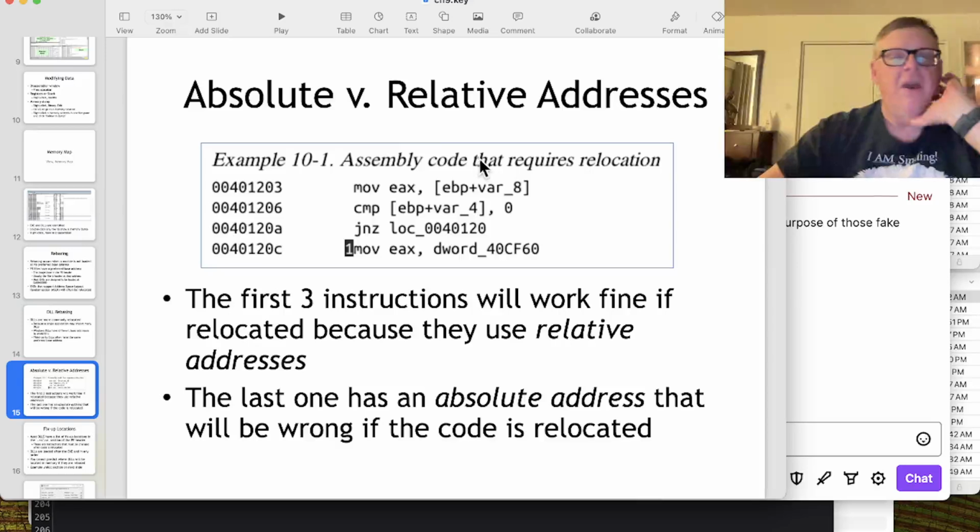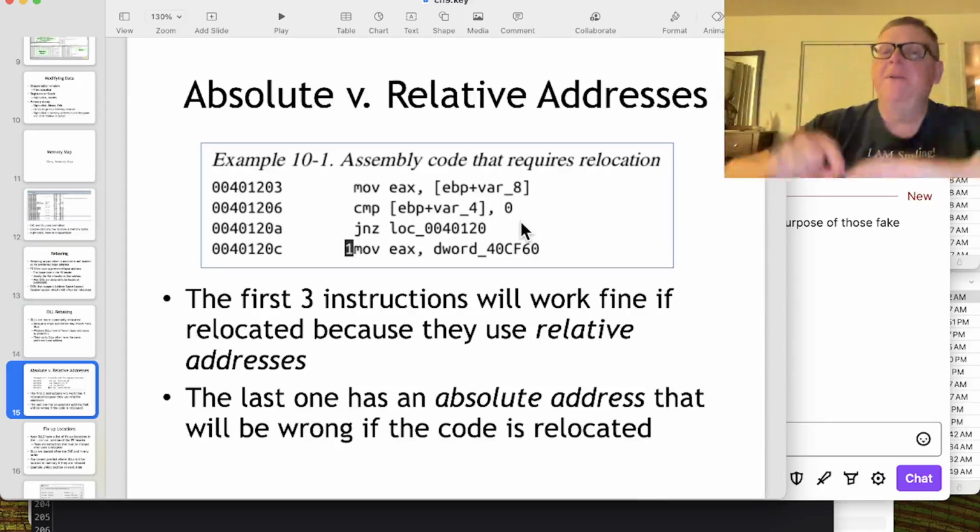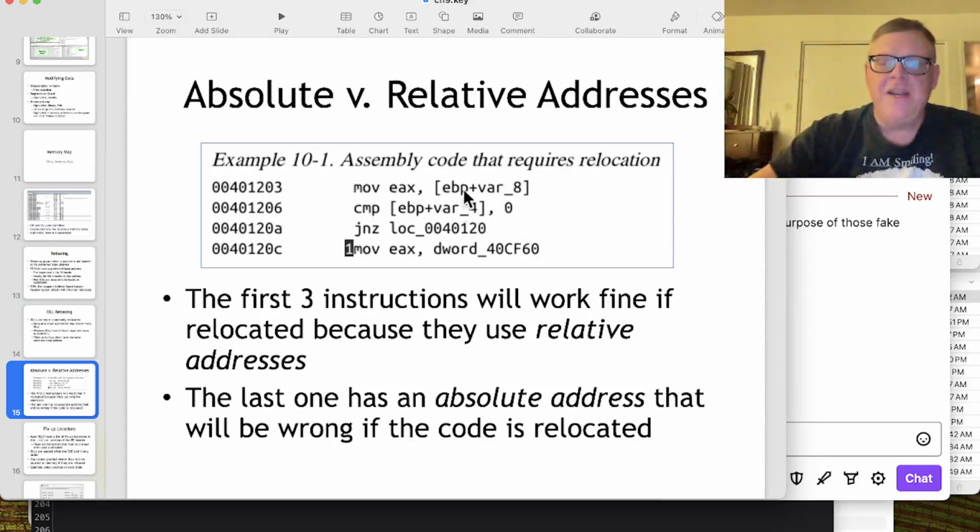All right, so here you've got absolute versus relative addresses. The first three instructions will work fine, even if it's relocated, because you have calculated addresses, EBP plus var8, that will move relative to the base pointer. So if the stack has been relocated somewhere else in memory, it'll find it. The same thing here. But this third address,